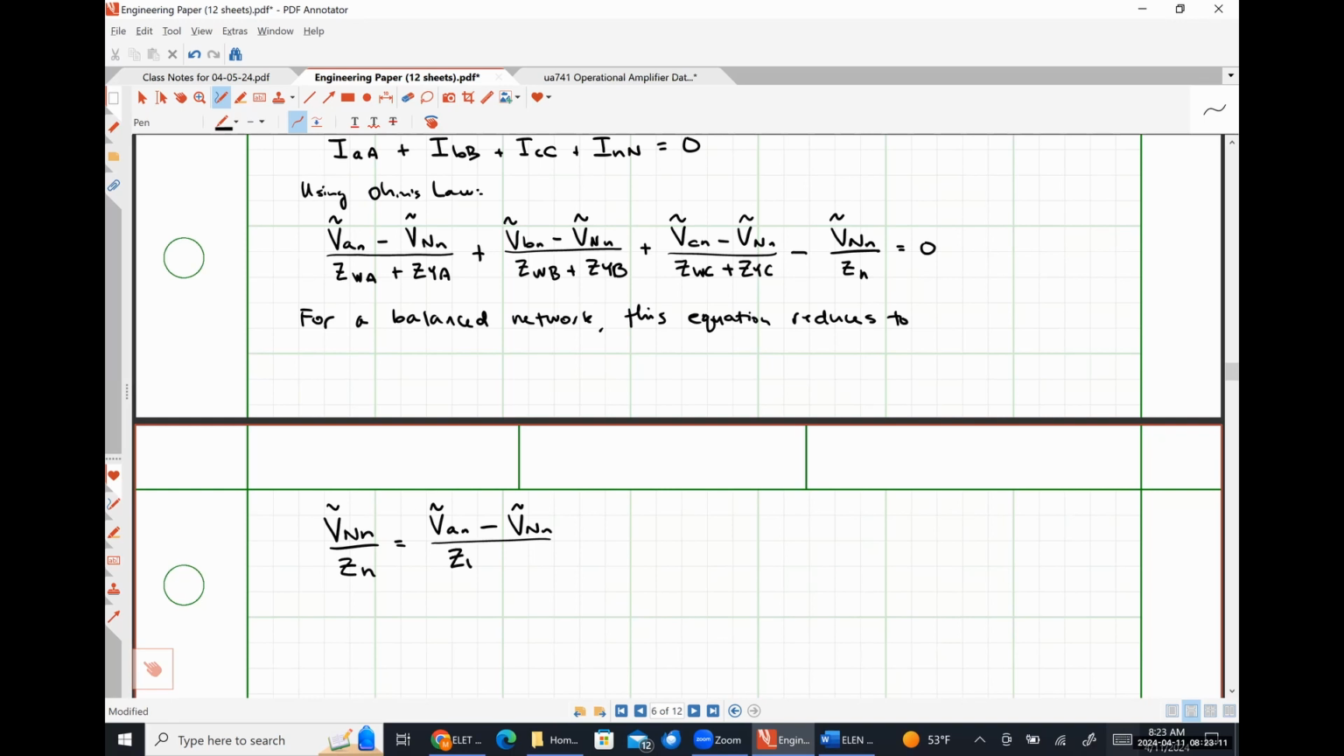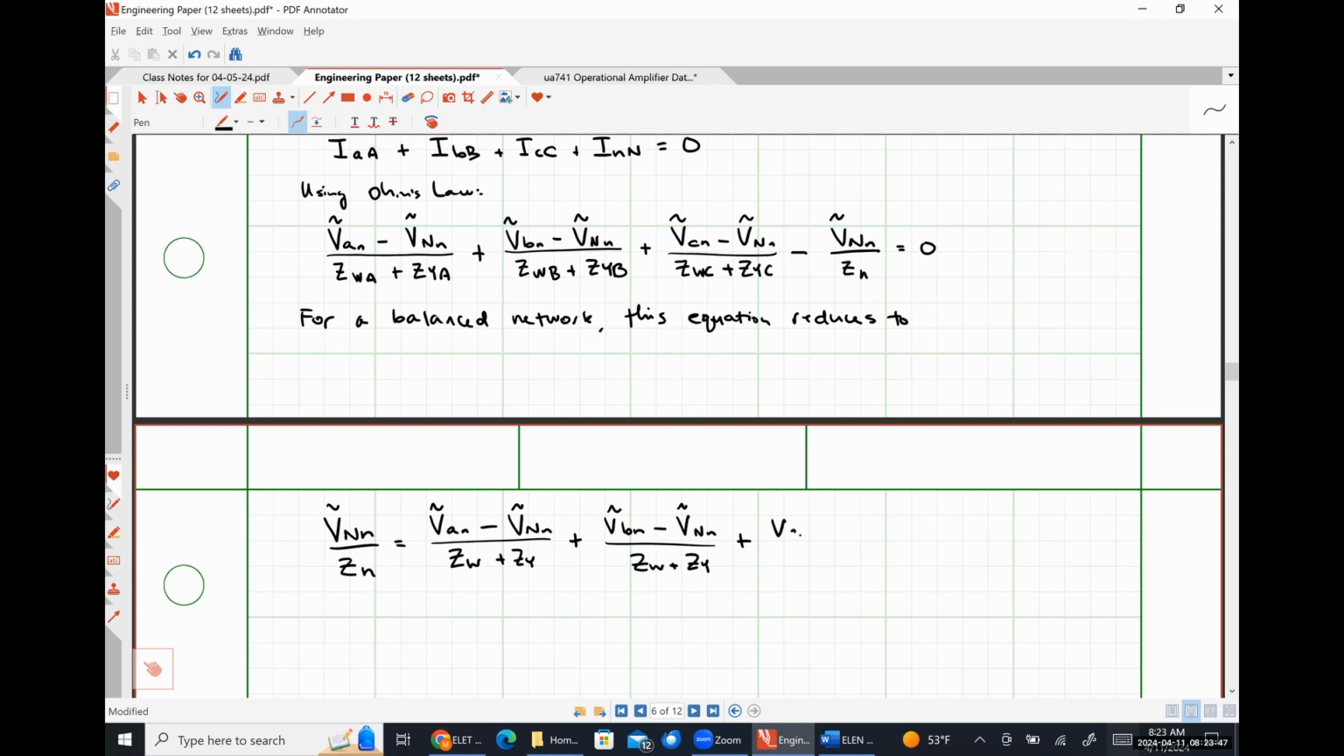over ZW plus ZY. So here I'm assuming that all of my transmission line impedances are equal in value, so I'm just calling them all ZW. All of my load impedances are equal, so I'm just calling them all ZY. And I'm going to keep on trucking with this so that we'll get VBN minus VNN over ZW plus that same ZY